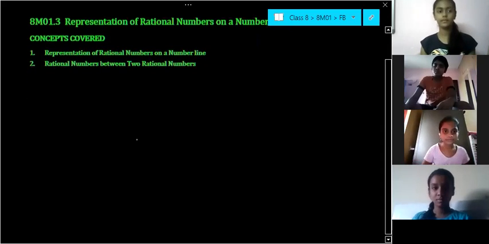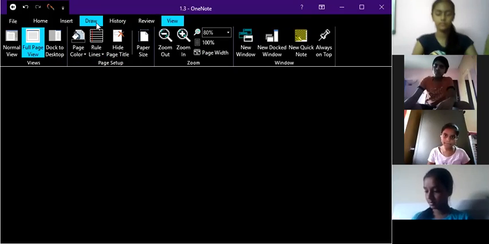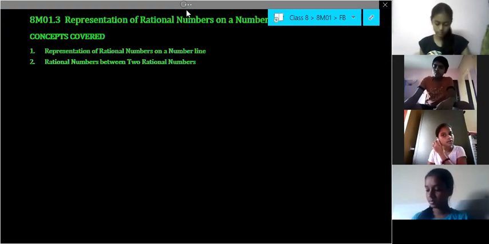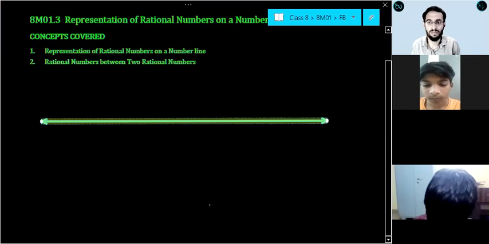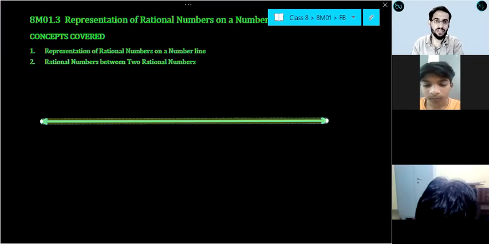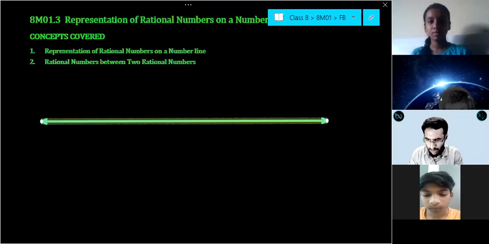Now, till now, what do you know about number line? Raise your hand. Can any one of you tell me what you know about number line? What is number line? Which type of numbers can you represent on number line? Can anyone tell me first? I will require your response a little bit quick. Yes. So let us give a chance to Ragini.